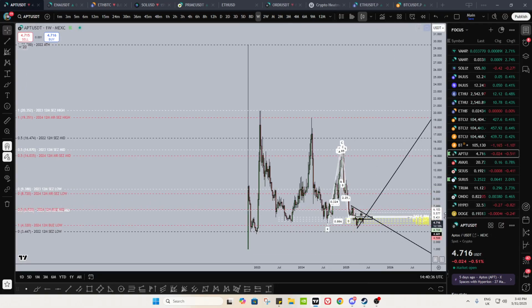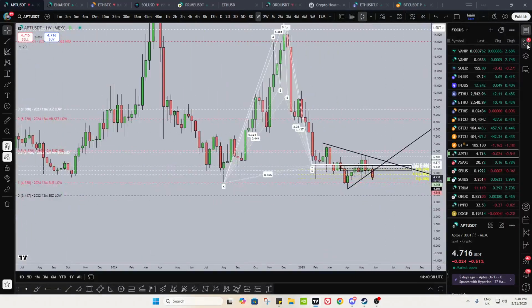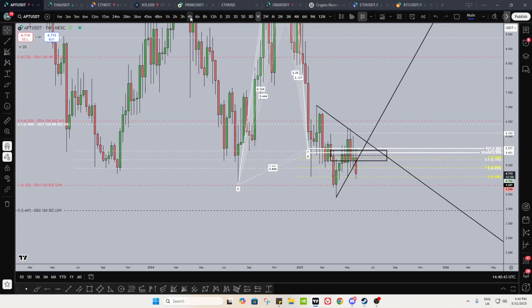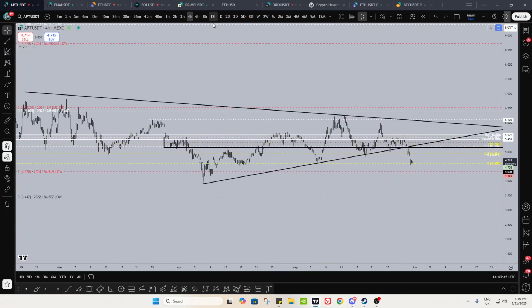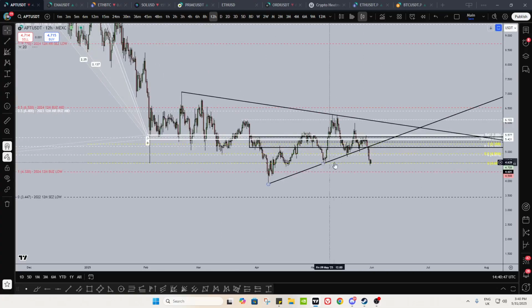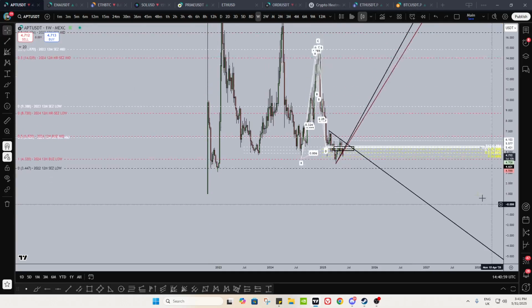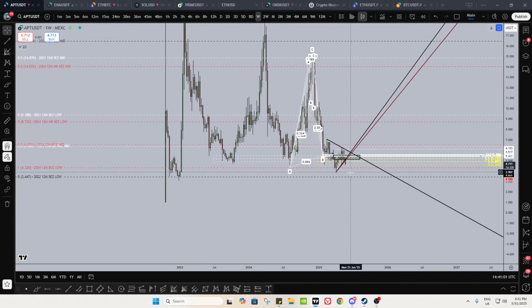Let me get rid of this. This right here is currently breaking down from the uptrending line that we had, right? So this wedge kind of structure that we had here, currently breaking down from there. But again, it's all perspective, right? Yes, on a lower time frame it might look scary, but on a higher time frame, there is absolutely nothing scary about Aptos, because if you take a look at the weekly, we are at the levels where you want to be exposed, right? If you're going to have risk exposure, it's going to be within these zones basically for spot.